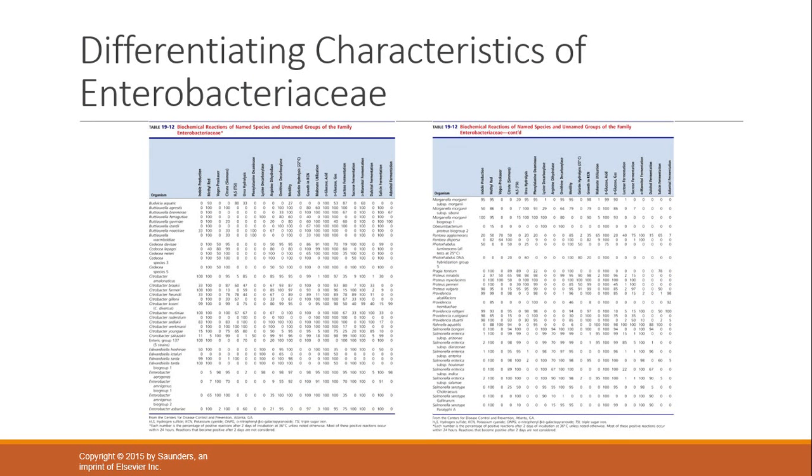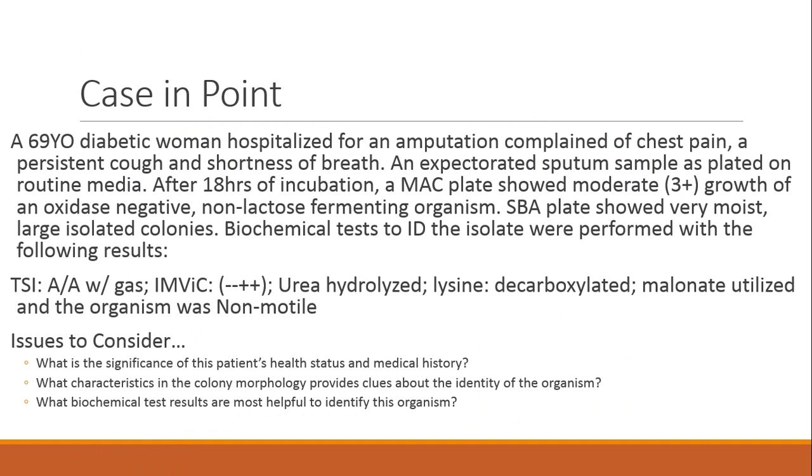Here's a helpful chart from your book. You'll notice when you open your textbook, you've got pages and pages of your organisms in alphabetical order, and then you've got 2 pages of biochemical tests, and then it tells you if it's 99 here, then that means that 99% of the isolates are positive for that test. Okay, so if you can go to that chart and see if your Citrobacter is motile or not, we're going to learn how to identify organisms a little bit differently than memorizing all of these. Okay, and there's your case in point. So we're going to look at a video